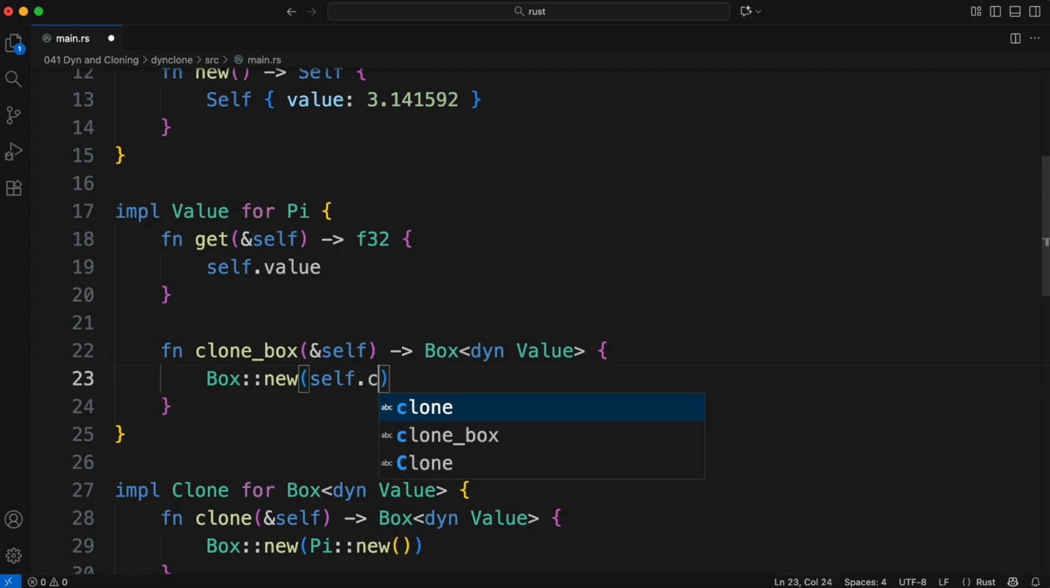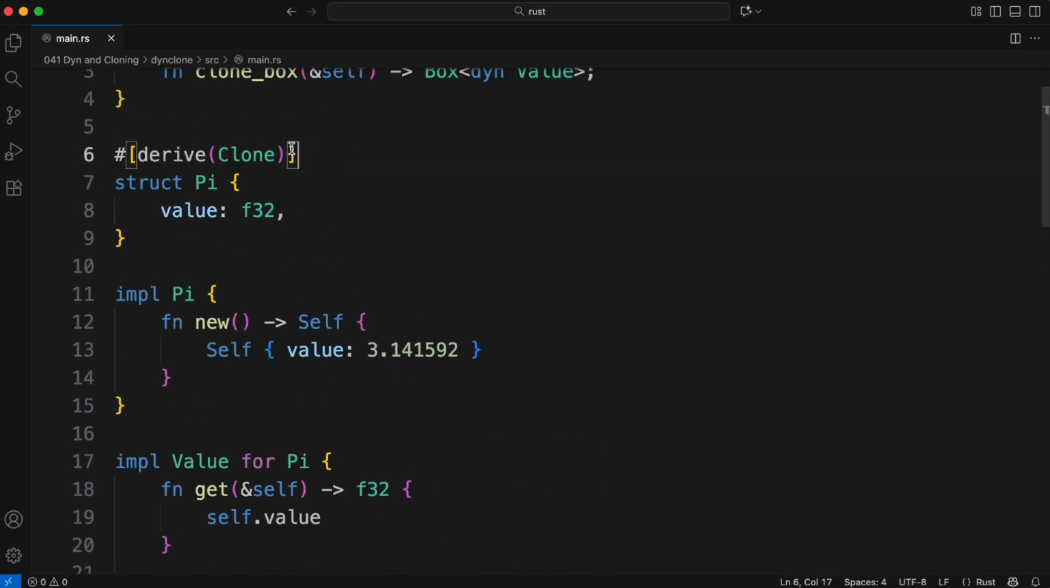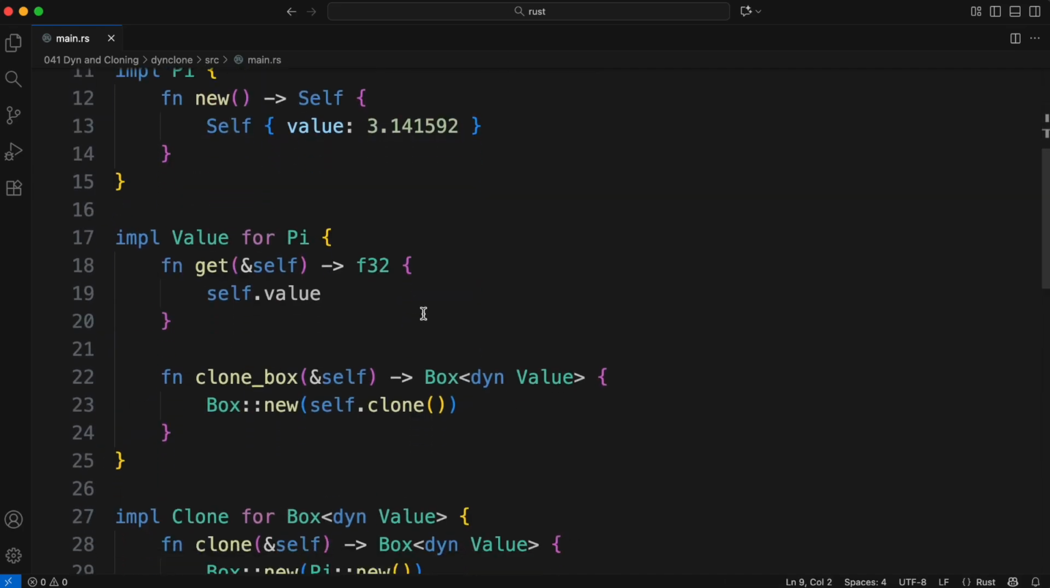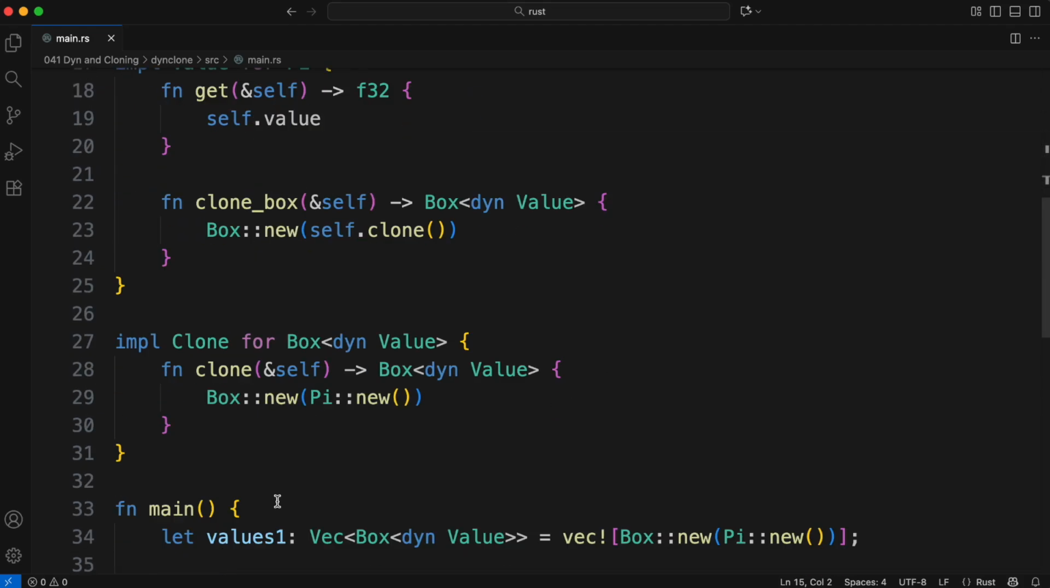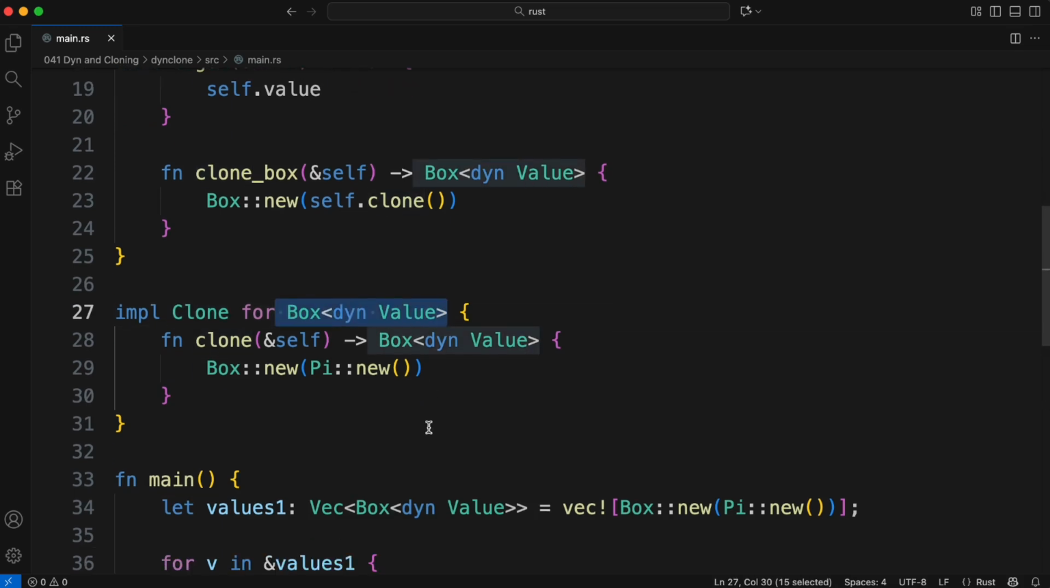And I could just call self.clone to do the actual cloning of Pi because I put that there. But of course you're free to implement clone for your structs and you can make clone do whatever you want. If this had pointers in it, I'd need to create some kind of more sophisticated clone, depending on whether I wanted to just copy the values of the pointers or copy the things that they're actually pointing to, or what I wanted to do. So now, in my implementation of clone for Box dyn Value, and Box dyn Value, remember,